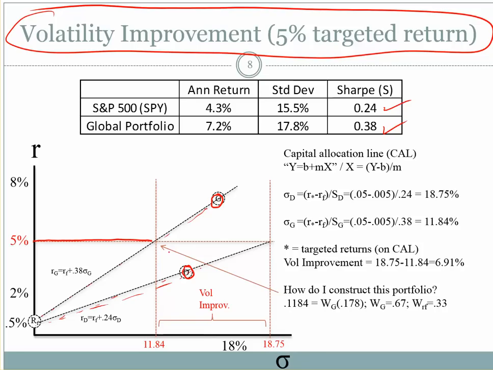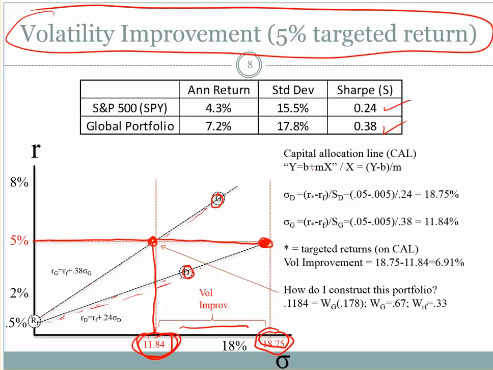If we want to use the domestic portfolio, we can get it at a point, say, right here as 18.75% volatility. Or in a global portfolio, we can be right here with 11.84% volatility. That difference is our return volatility, our volatility improvement. How to compute these two numbers, 18.75 and 11.84, is using an equation of a line, but instead